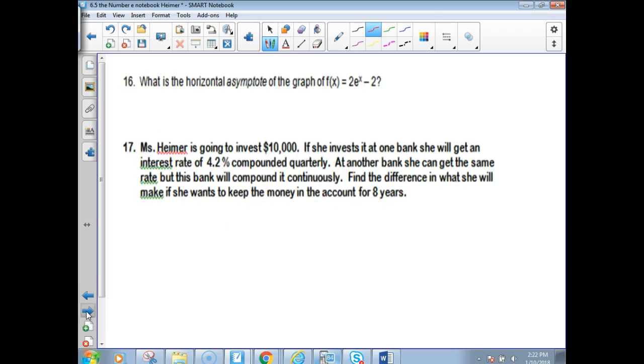Okay, and what's the horizontal asymptote for the graph of this one? All right, so y equals -2. Yep, that would be your horizontal asymptote. Okay, I'm not going to do the next problem right now necessarily, because I think I'm running out of time on my recording, but it says if she's investing $10,000 and she has it at one bank, she'll get an interest rate of 4.2% compounded quarterly. That would